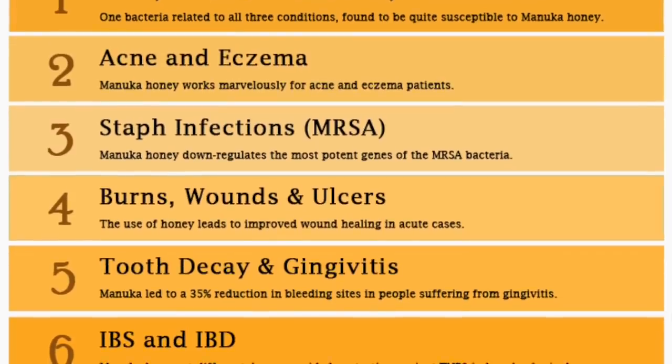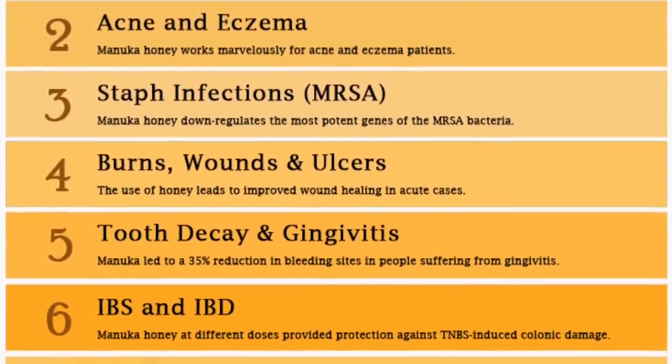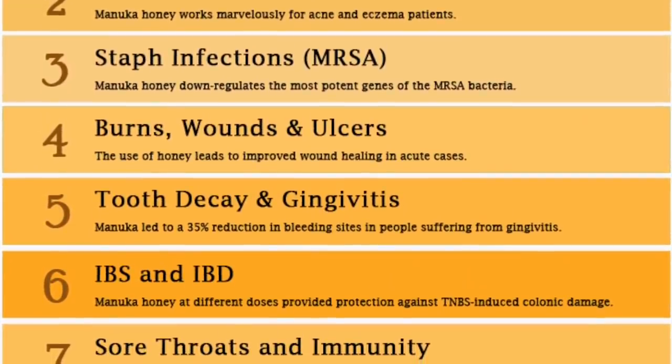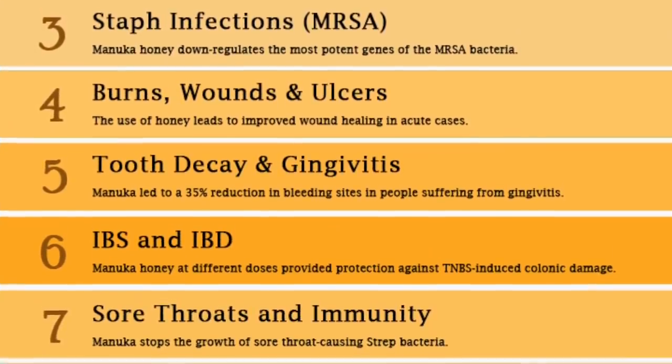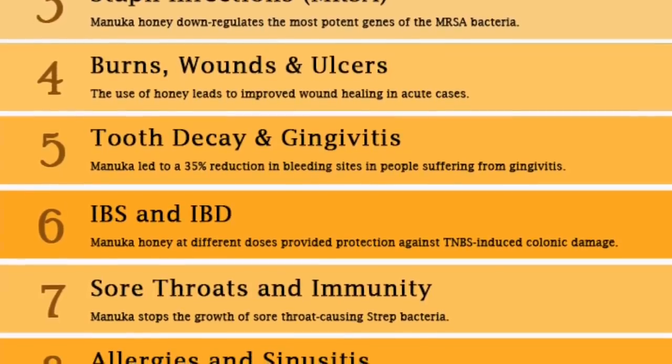You take 1 teaspoon of Manuka honey, you add it to half a cup of warm water, and you take small sips and let it sit in your mouth for a bit, sort of like a warm massage for your throat before you swallow it. It is highly effective, and you should be doing it now, but make sure that you have it in your